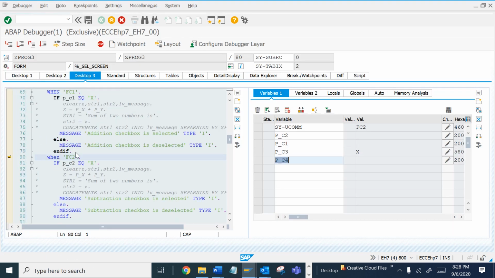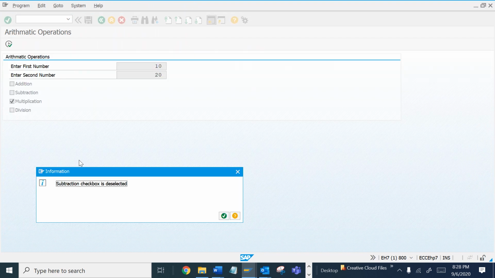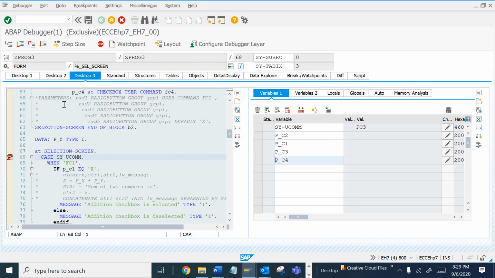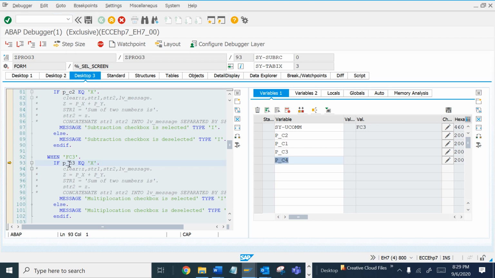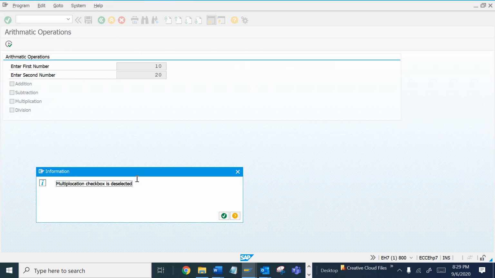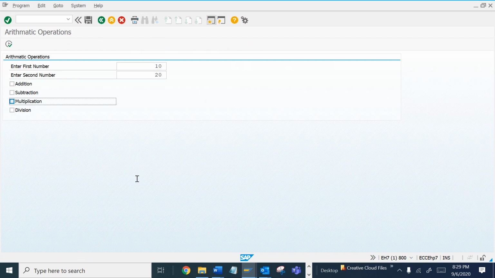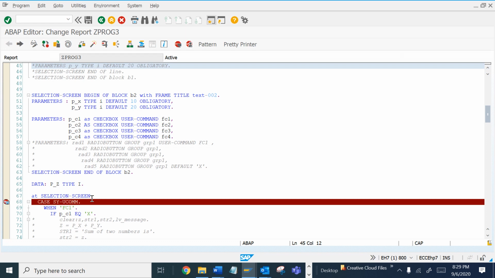So my cursor moved to my else part, and subtraction checkbox is deselected. Let me deselect this. So my cursor moved to FC3, multiplication is deselected.